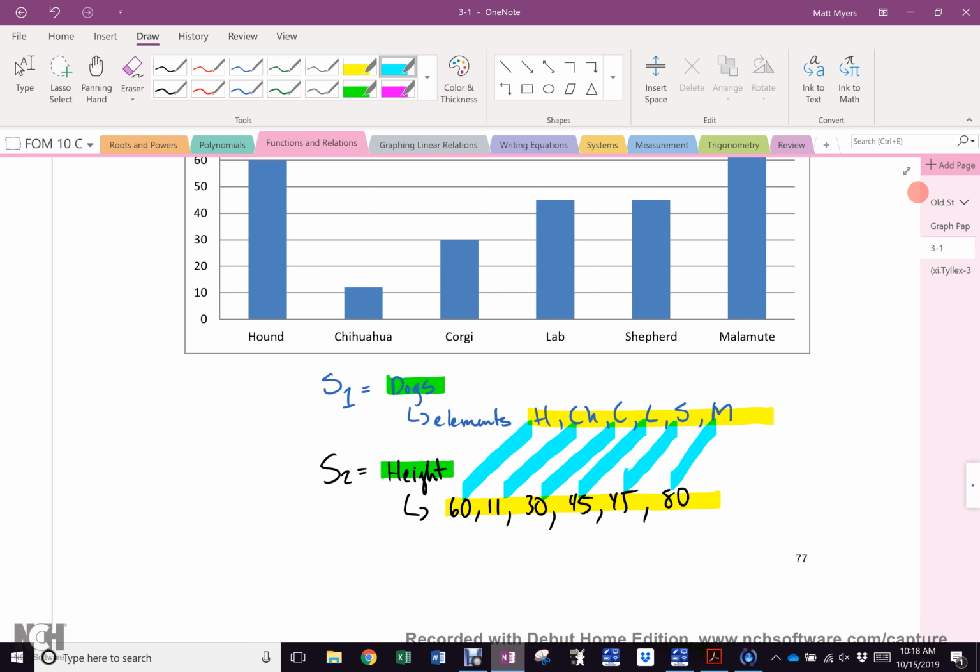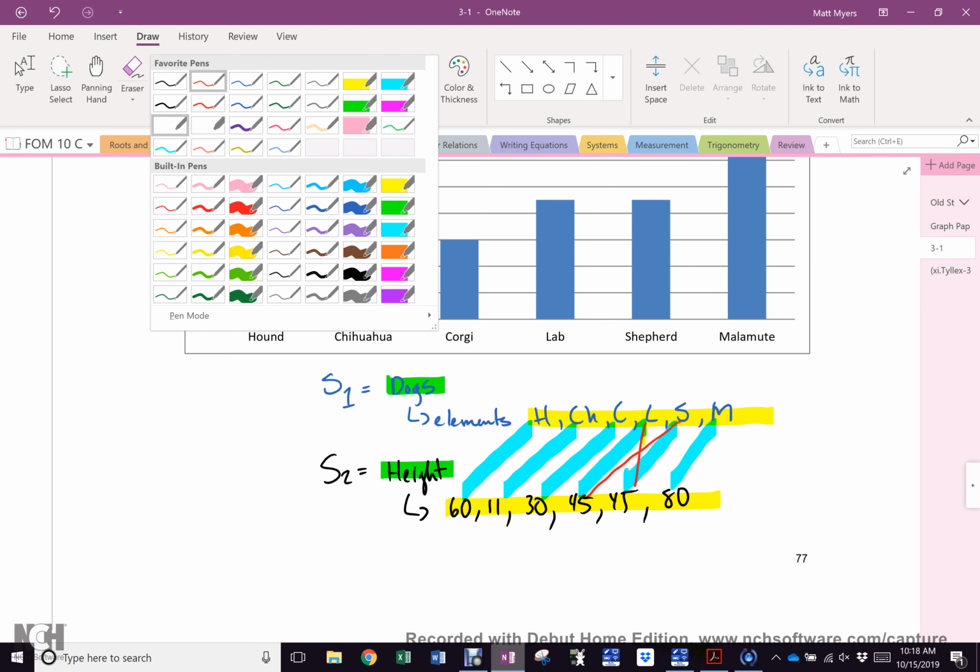Because they're both the same, you can't know which one I am speaking of, right? They say we don't know. You can't know. It's not that you don't know. You can't know the one I mean because this relation could go this way, couldn't it? Lab to that 45 and shepherd to that 45, right? Everybody cool with that? So, if I take lab and shepherd out of this,